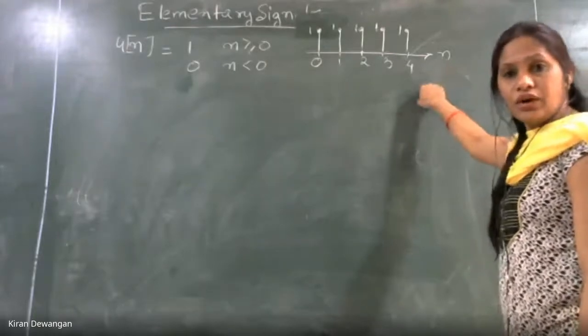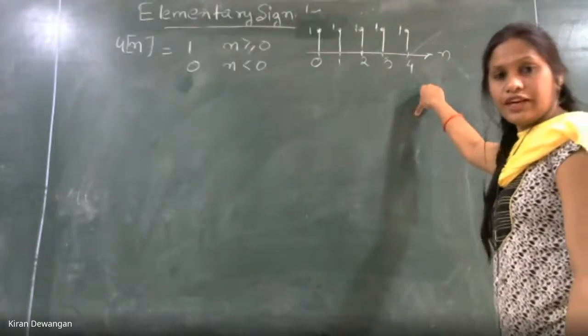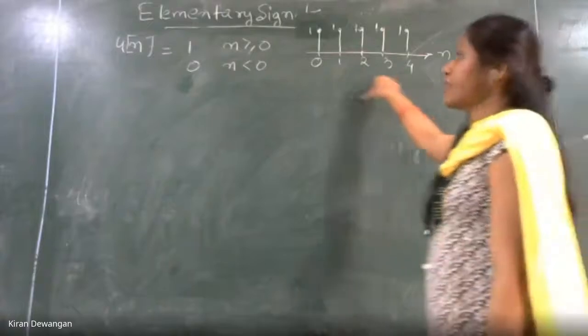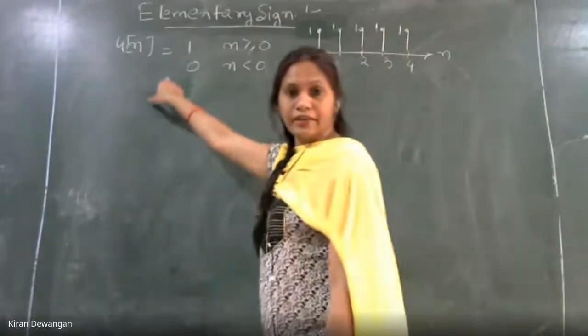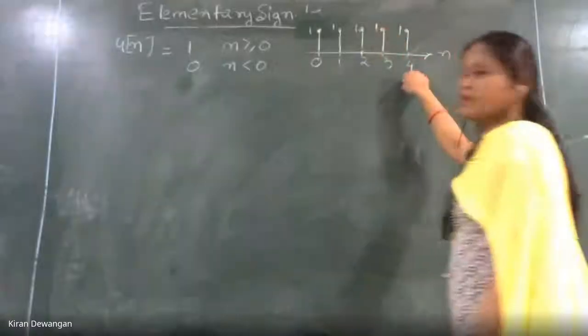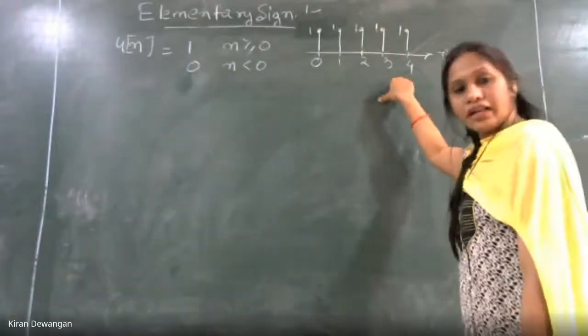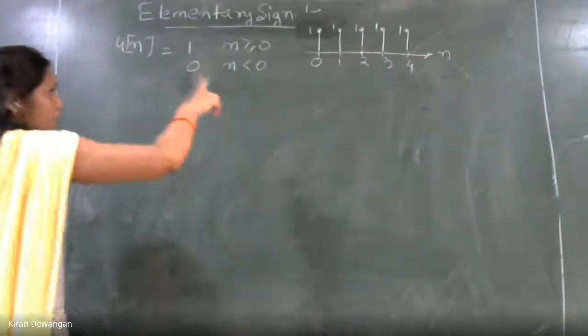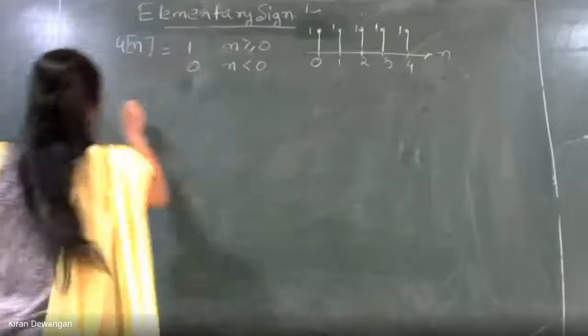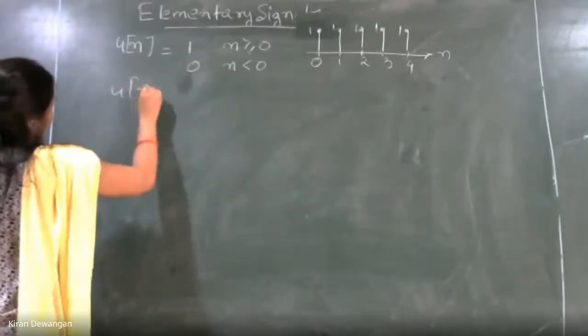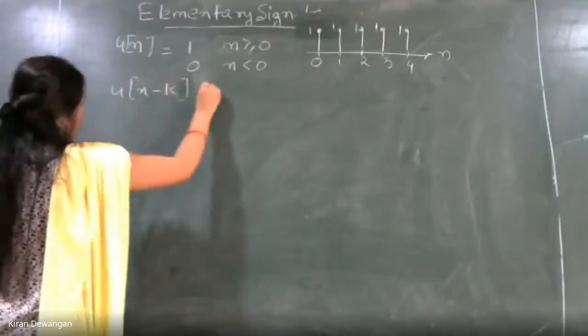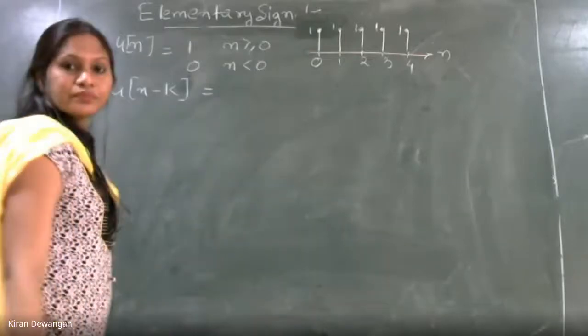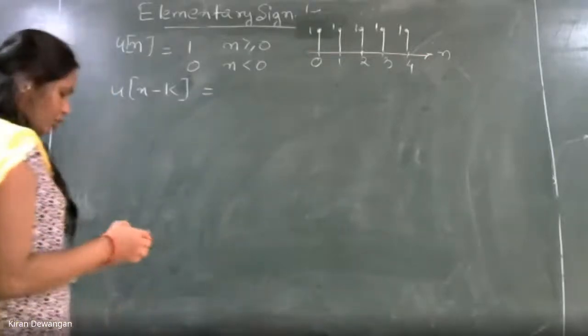Is this clear now? This is a discrete function. ठीक है? Discrete मतलब हम जो u of t plot किए थे वो continuous था and this is the sampled one. That is discrete u of n. Is this clear? Now similarly, if we are shifting it, u of n minus k, क्या होगा ये? If we are shifting it, what will it be?